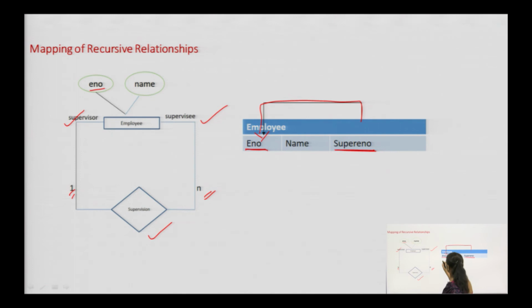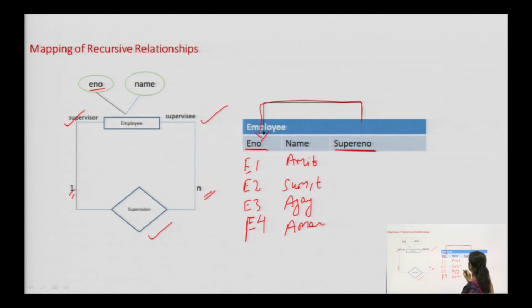For example, let us say I have the employees E1, E2, E3 and E4 with their names. So, I can say that super ENO E2 supervises E1.